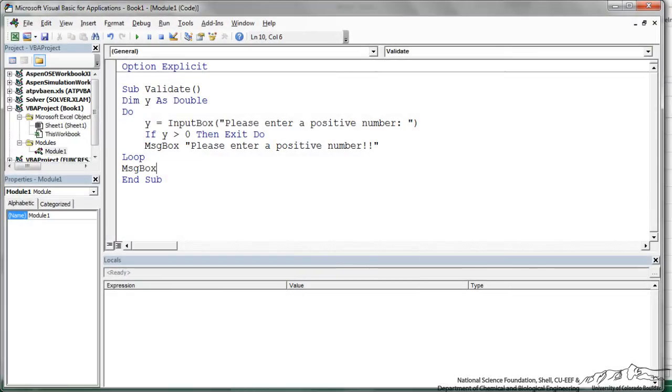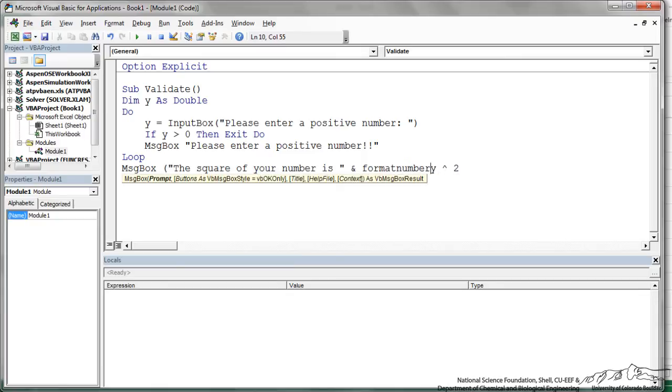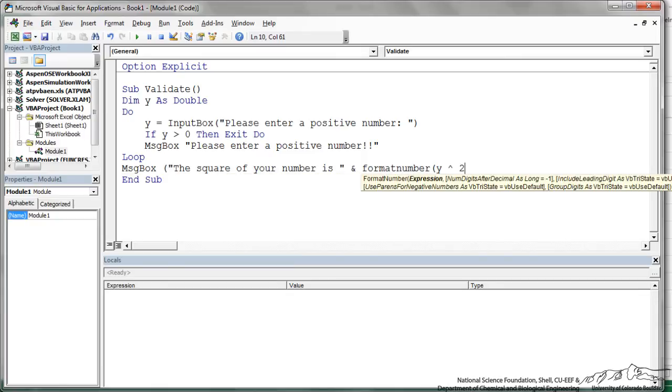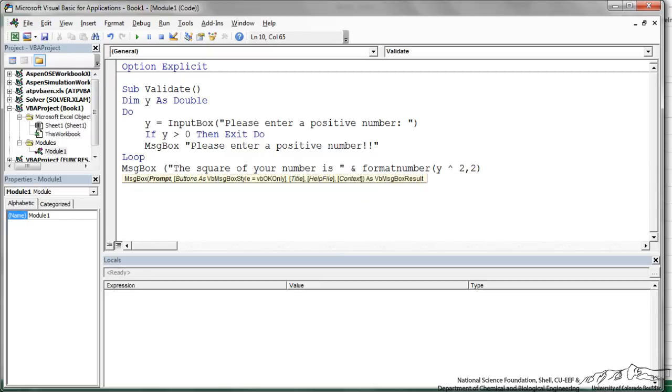So I'm just going to do message box, the square of your number is, close the quotations, and y squared. And what I'm going to do is format this. I like to put in format number y squared comma 2, so it'll be 2 places after the decimal. So the square of your number is, and then it's going to format the y squared to 2 decimal places and output it in a message box.